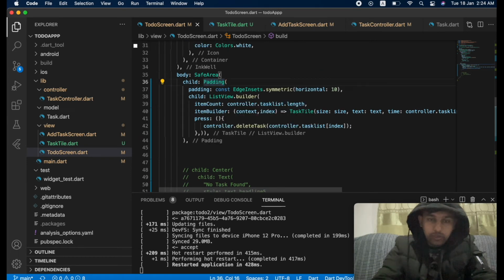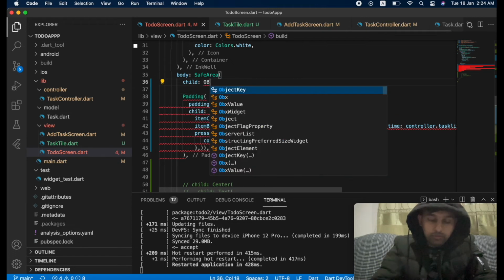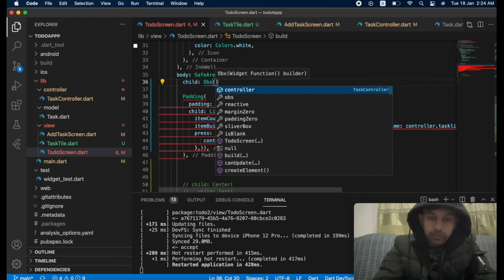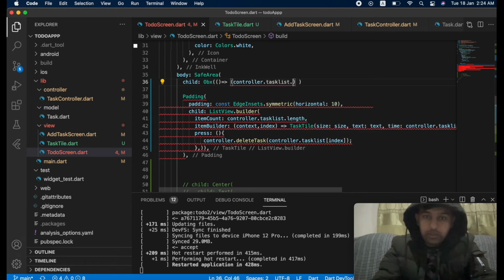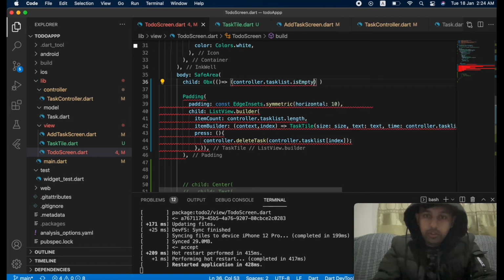So I will use MobX here, right? And then this, and then this. If the controller dot task list is empty, then